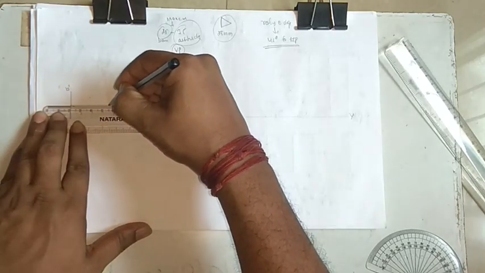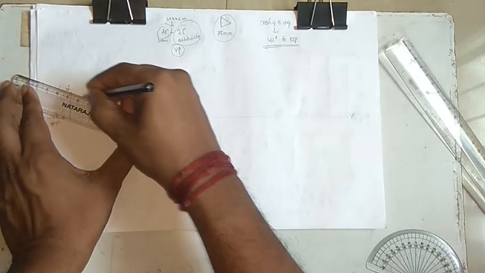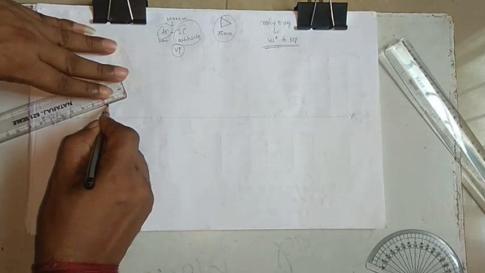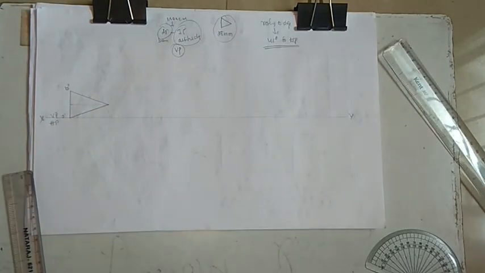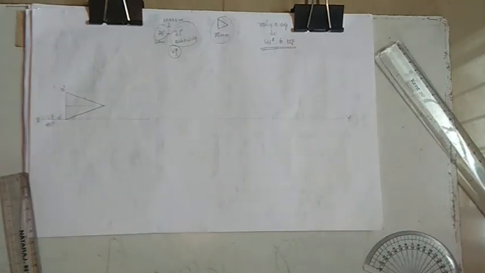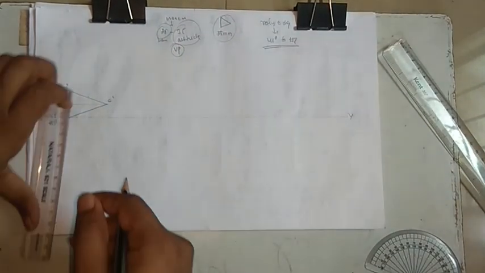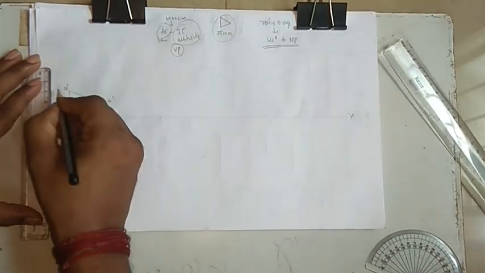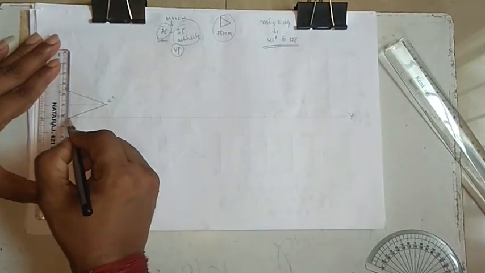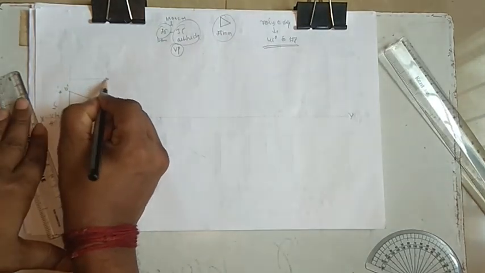Now you have to join the corners, one here and one more here, like this. If you take the 35 mm arc and cut it from both sides, it's wrong. Altitude means you have to take it from the midpoint and then draw. Just to dimension this one, this is 25 and this is 35.